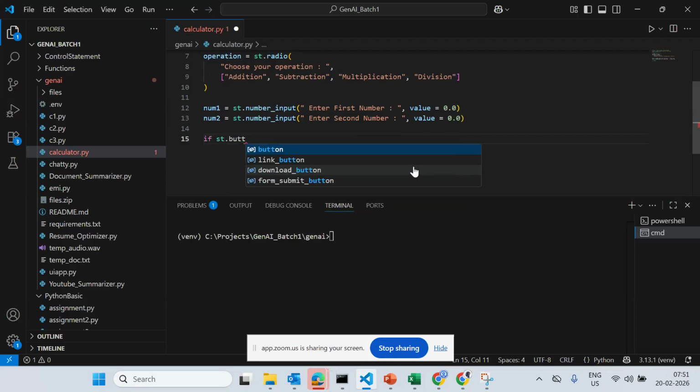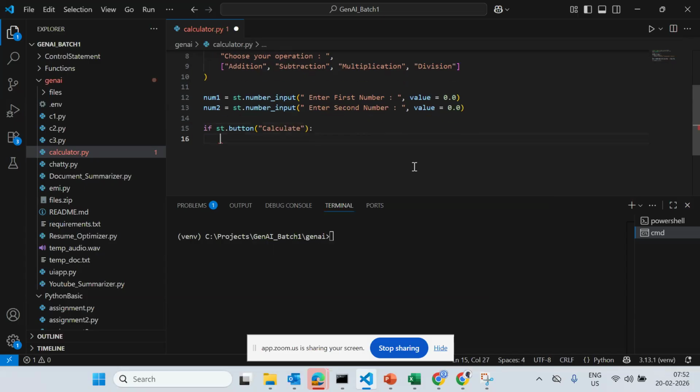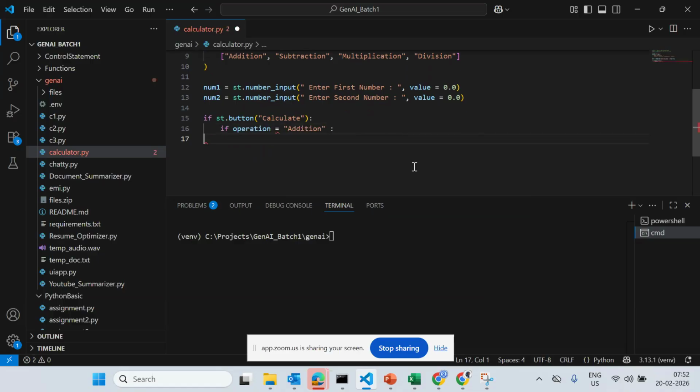Now, the important functionality is this. Whenever you need a button, I have to use something called calculate. This is the name of the button. I'm just giving it and saying calculate. Now this operation: if you can see there was a variable at the top, if I am choosing that value called addition, correct? Then what is it going to do? You know the result. Oh, what happened? Operation equal to where is it? Oh my God. Okay, sorry. Then what I'm going to do, I have to keep the result in this and say num1 plus